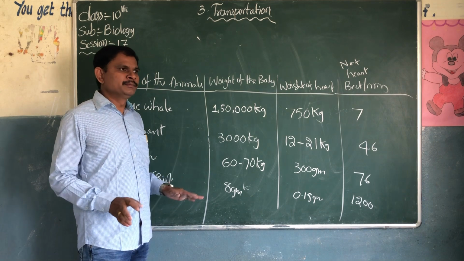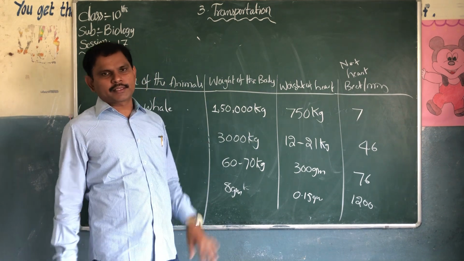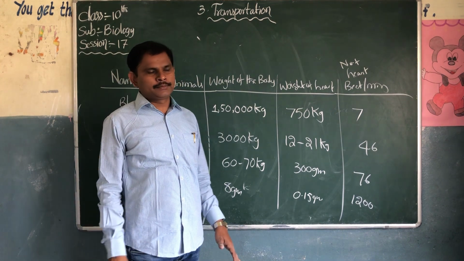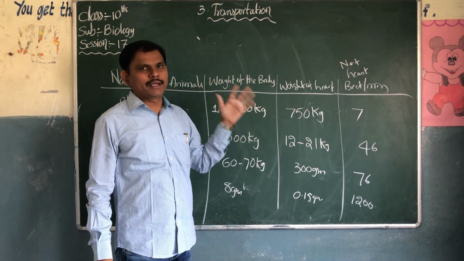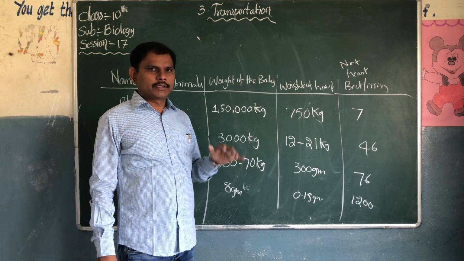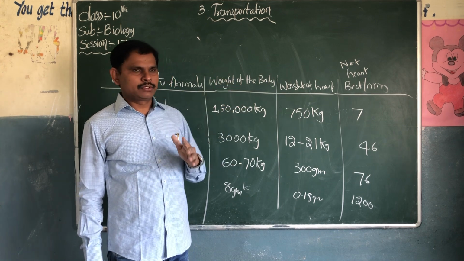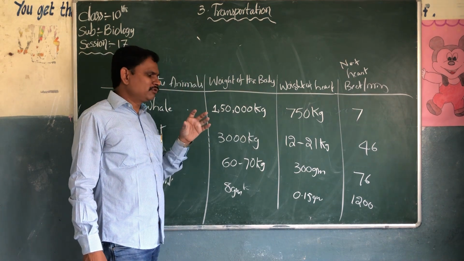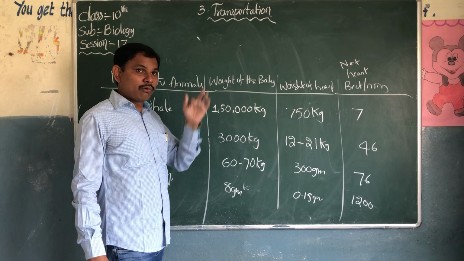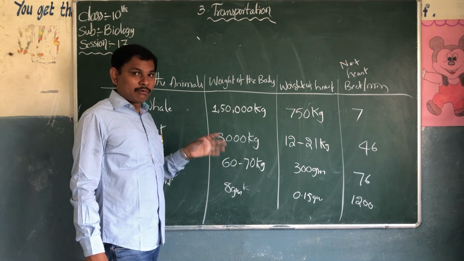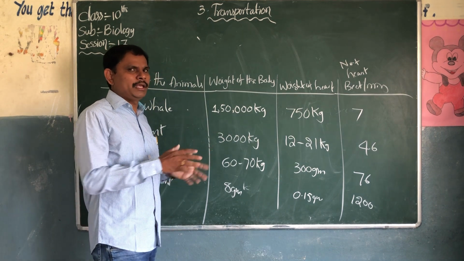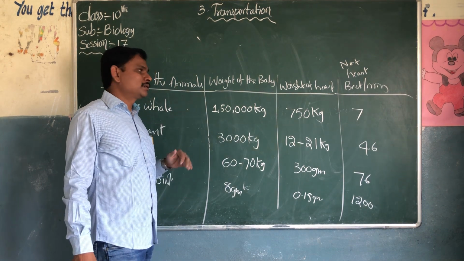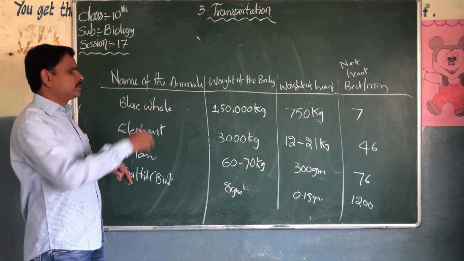So today's homework: I only taught the cardiac cycle. What is the cardiac cycle? You should write all the points. What is systole? What is diastole? What is systolic? What is diastolic? What are the lub and dub sounds? What happens when the valves are closed? Why are the valves closing? There is so much content in the cardiac cycle, and you should write this table also.